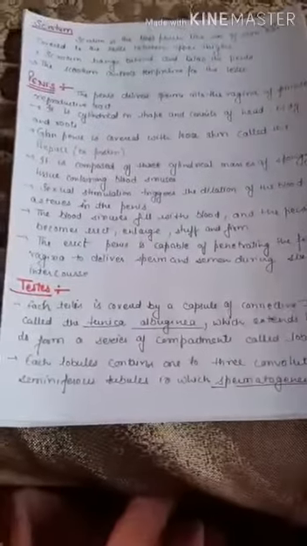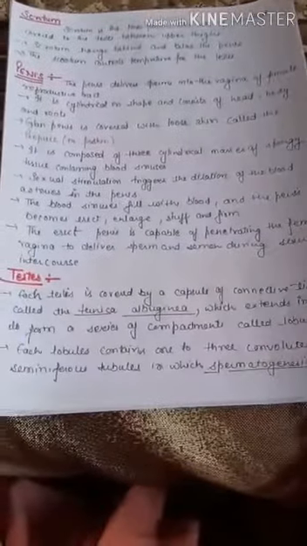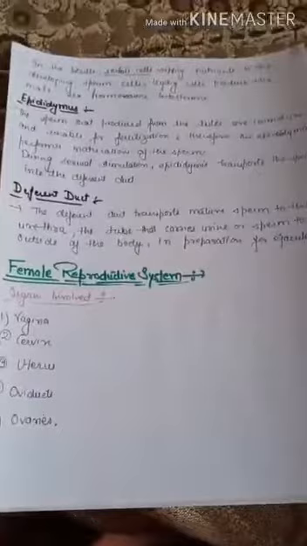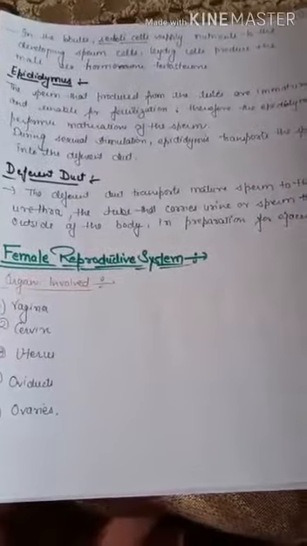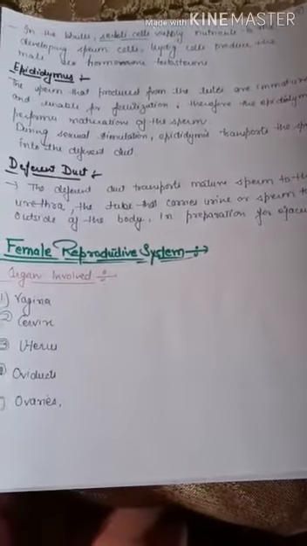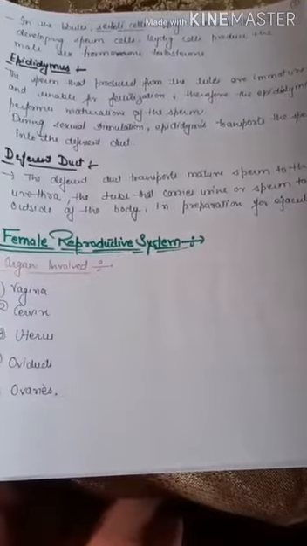And testis. Each testis is covered by a capsule of connective tissue called the tunica albuginea, which extends inward to form a series of compartments called lobules. Each lobule contains one to three convoluted seminiferous tubules in which spermatogenesis occurs. In the lobules, Sertoli cells supply nutrients to the developing sperm cells. Leydig cells produce the male sex hormone called